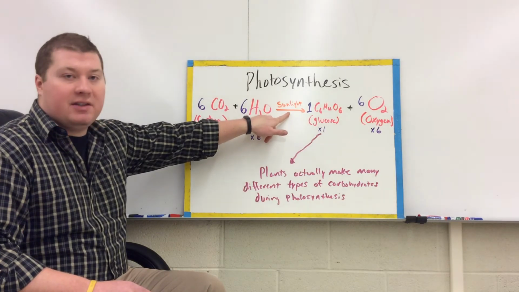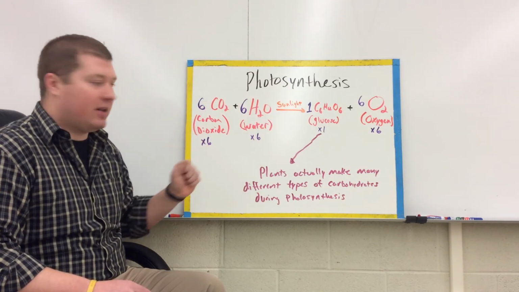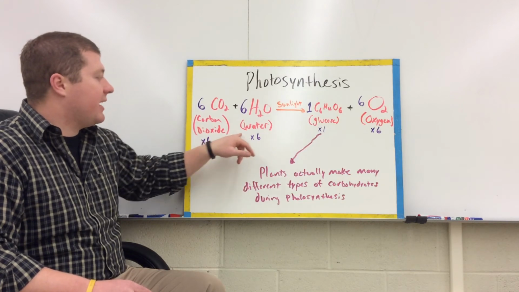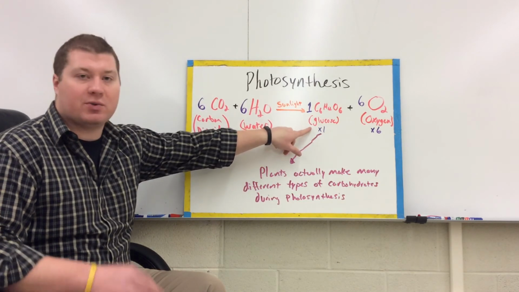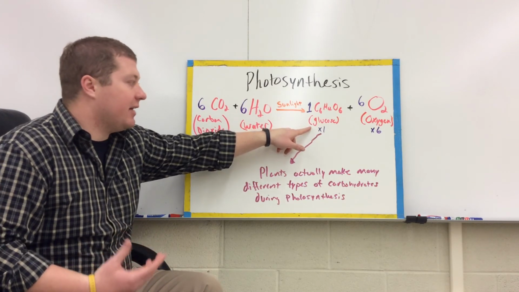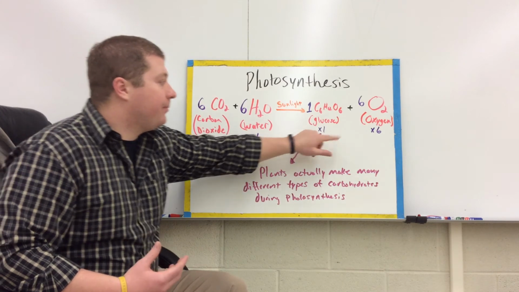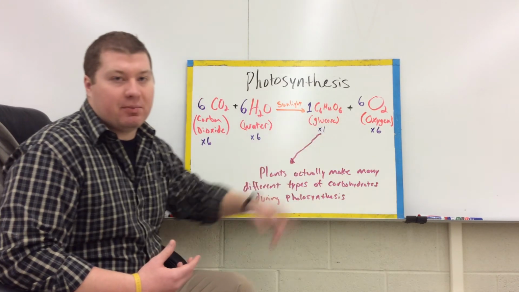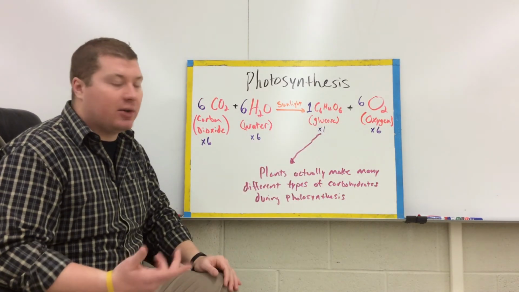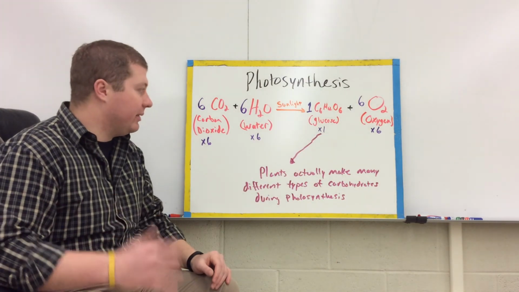They use some sunlight, which is the energy source that basically powers the change in the molecule. They change this carbon dioxide and water into glucose, which we know is a sugar, which can be used in our cells to provide energy. They make 1 glucose molecule out of that, and then they also make 6 oxygen molecules as a byproduct. Plants don't need oxygen, so they just expel the oxygen into the air, which then we breathe in.